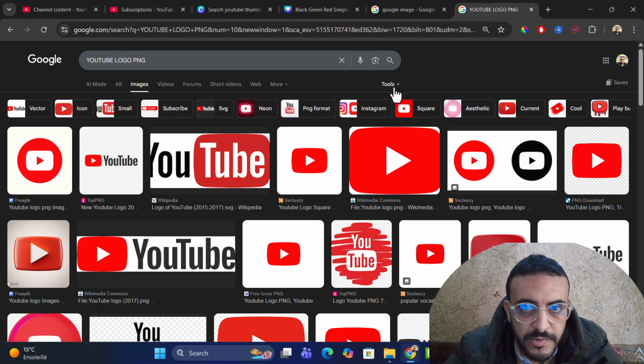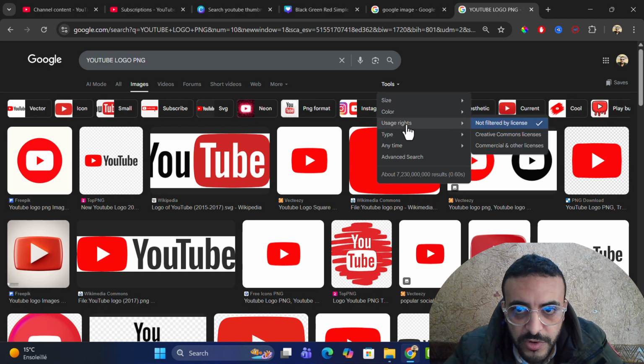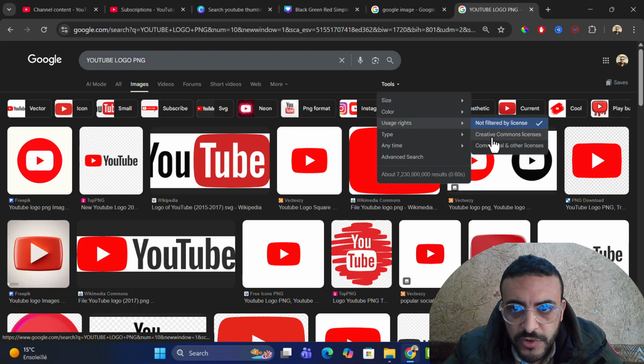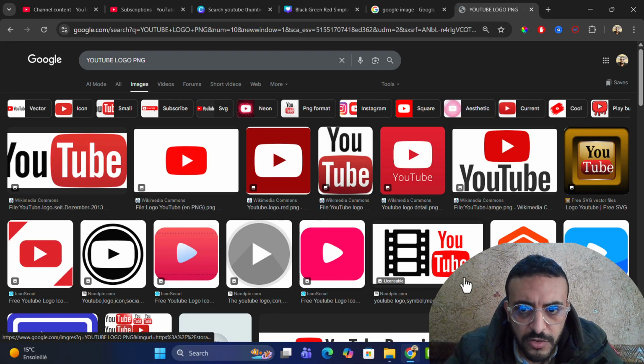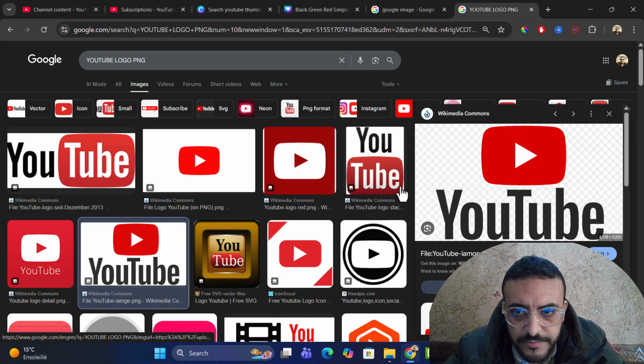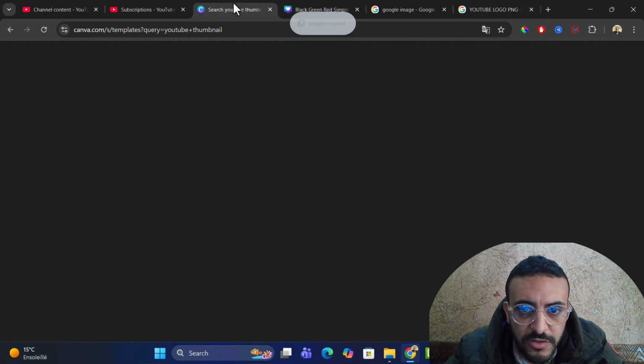copyrighted. You just click on tools and you select usage rights and choose the Creative Commons licenses. As you can see now, all those logos are Creative Commons, so you can use them. And if you see that it is actually a PNG, as you can see here, you have it with a background, and now you see it is a PNG. You can directly copy the image and go directly to your